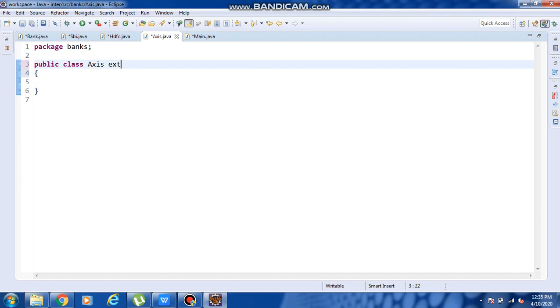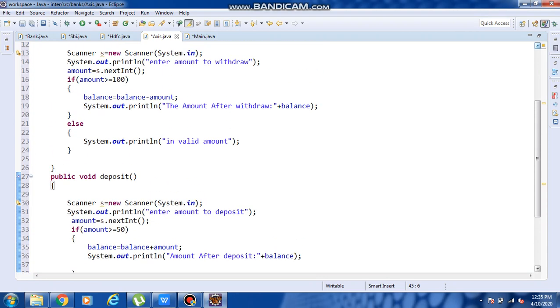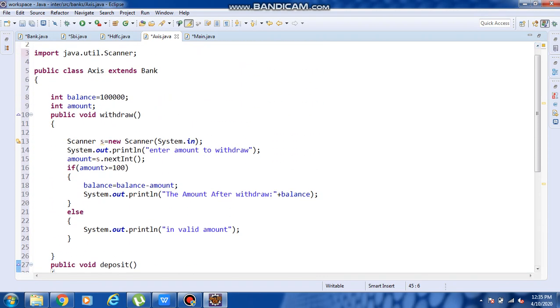Axis Bank is also going to extend Bank, same program. Here my balance is up to 10 lakhs; for example, Axis Bank has my account with 10 lakhs. So now I created three banks.